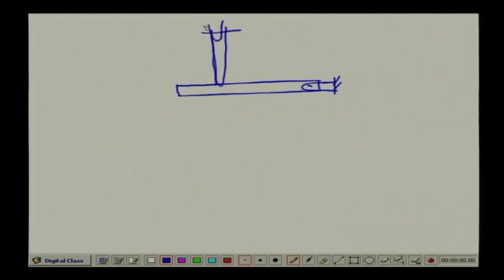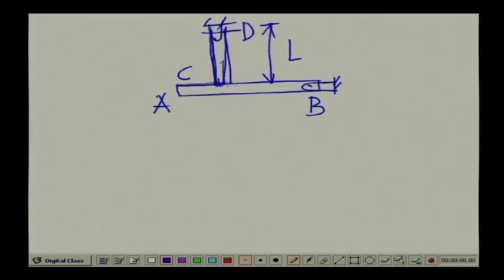If we look into, let us say that we have a bar which is supported at this particular point, and we have one member here which is connected at this point, and let us say this is member A B, this is member C D, and if this particular member C D, which is of length L, if this particular length differs, if it is shorter or longer than L, then when we try to fit in this particular member C D into the whole assembly, then there is a possibility that by changing the geometry of this particular system, for example, if C D is longer than L, then this particular member may undergo rotation over here to accommodate the longer length of C